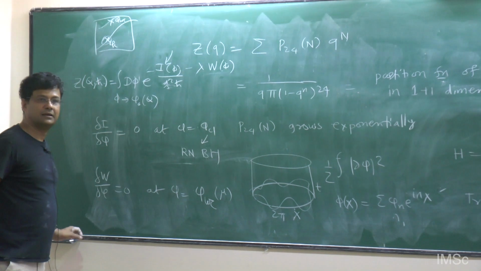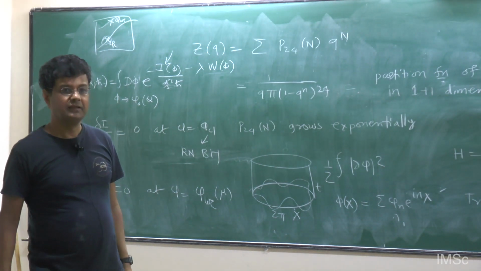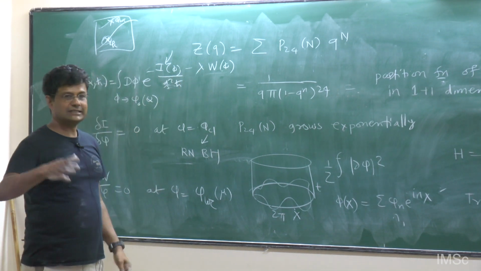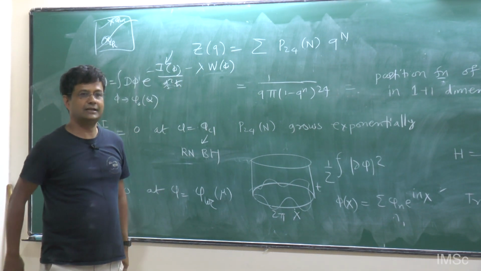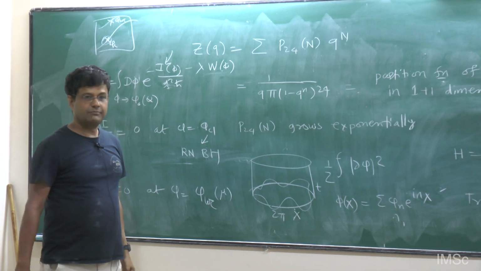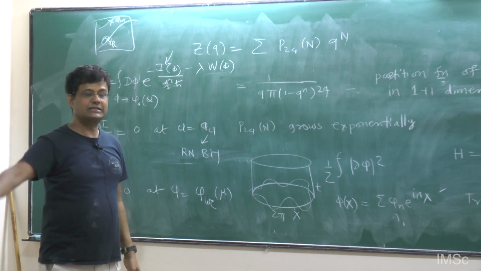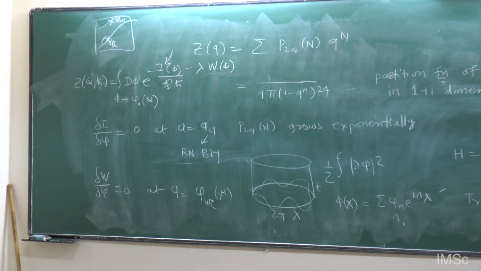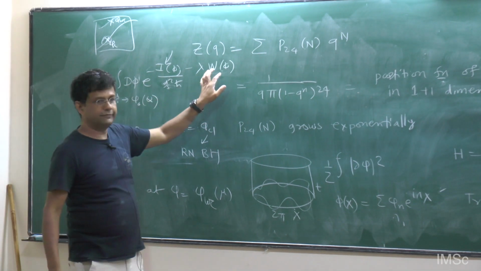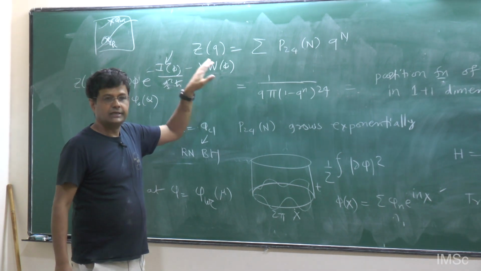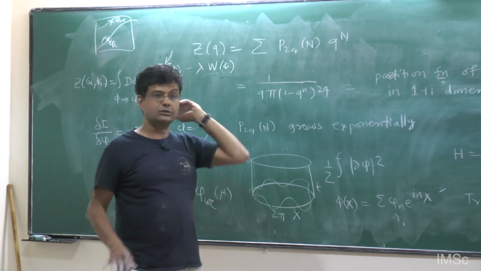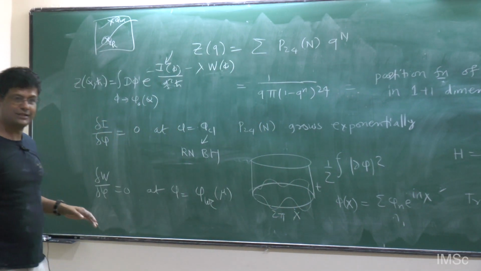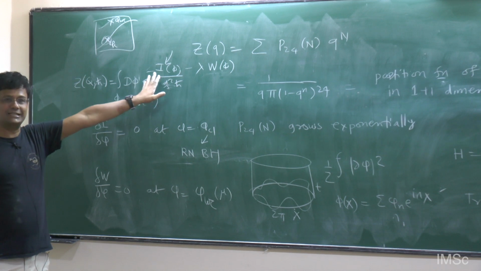Sorry, W of phi is specified if you specify I of phi? No. So there is a bit of an art. Localization has been used a lot lately in various problems in cohomology and so on. Witten actually pioneered this method. It goes back to Atiyah and people like that. And there is a bit of an art about figuring out what W of phi should be. In supersymmetric theories, it's more or less determined by supersymmetry transformations. So if you know the off-shell supersymmetry transformations, they don't depend on the action.